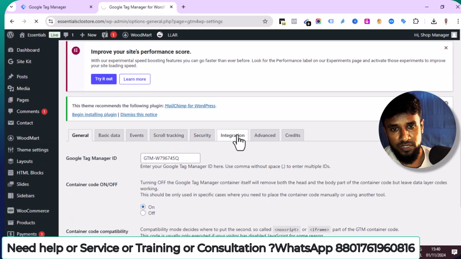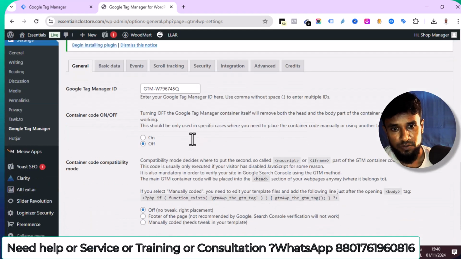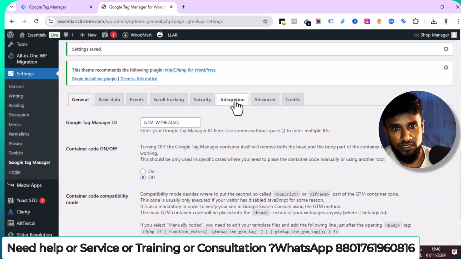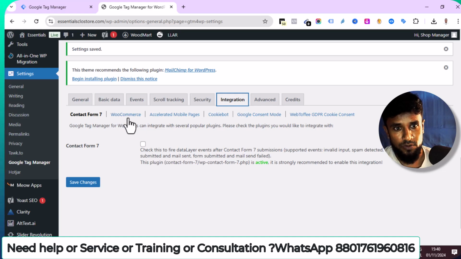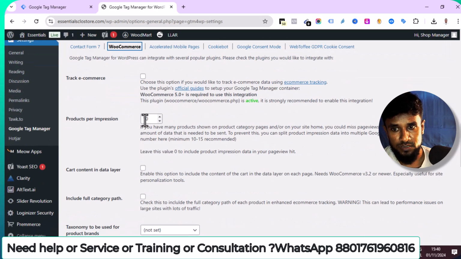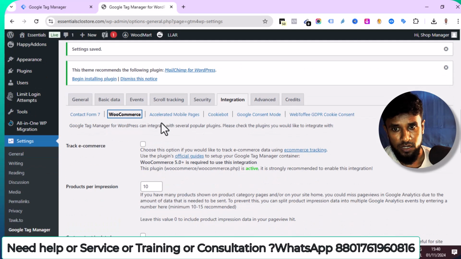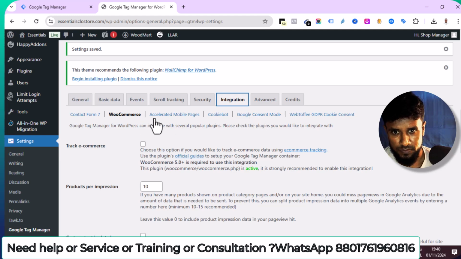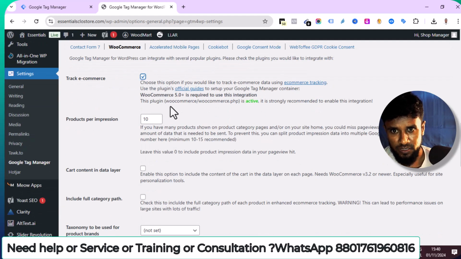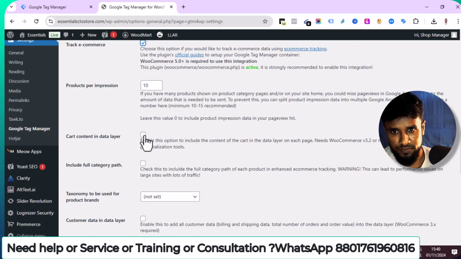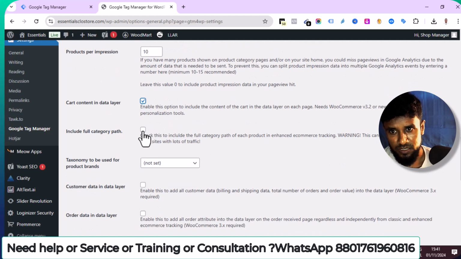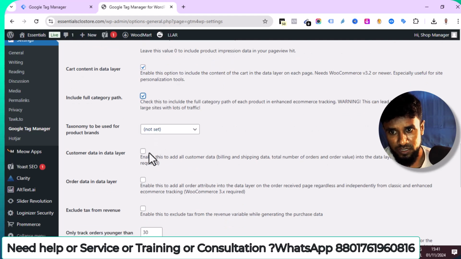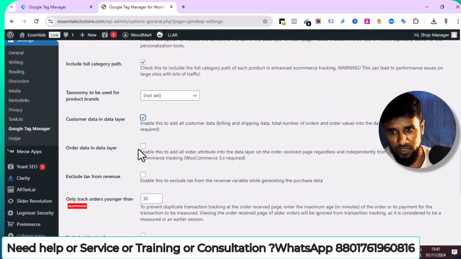Then we need to click the integration option, and here you can see the WooCommerce option. Please click the advanced option, integration, track e-commerce, click this one: cart containing data layer, category data layer, customer data layer, order data layer,